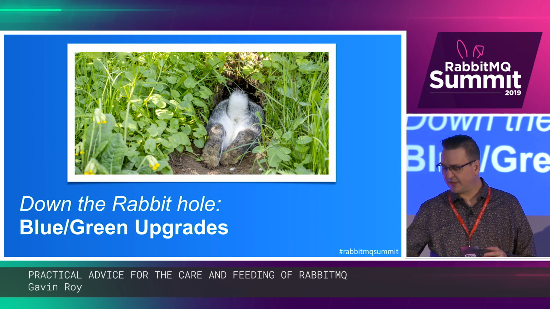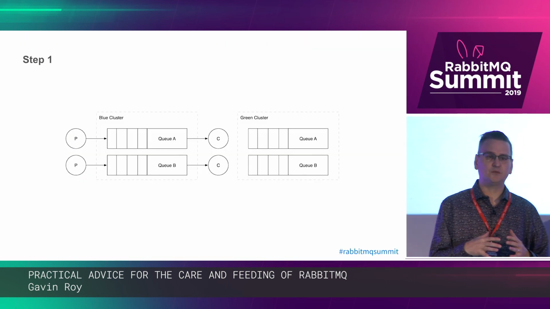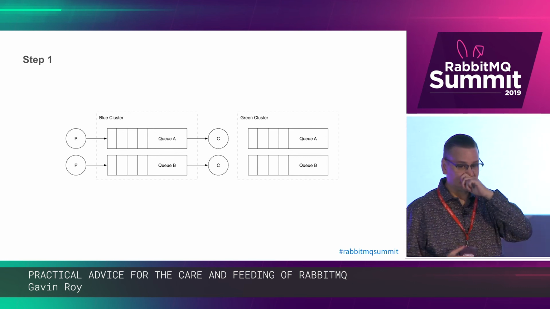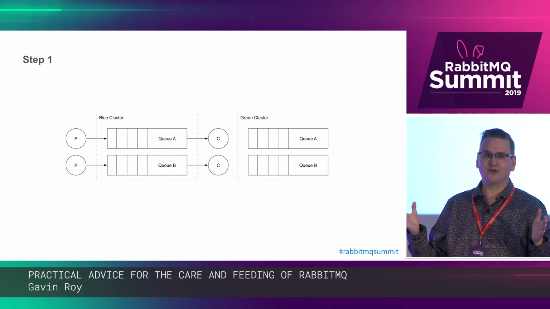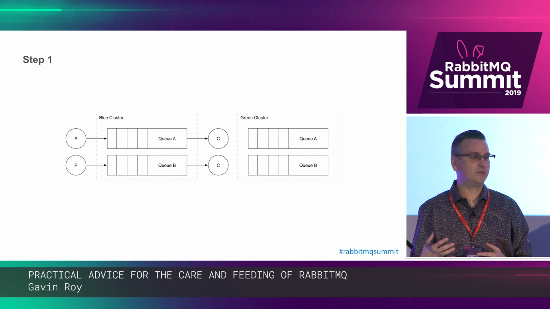And so basically, there's a really simple pattern to follow using built-in tooling within Rabbit, the shovels, to set up your two clusters. So we're using Git for our topology, right? And so we know what all of our definitions are that we need to be able to set up our new cluster.